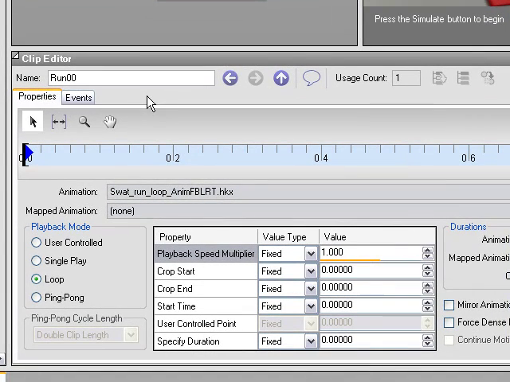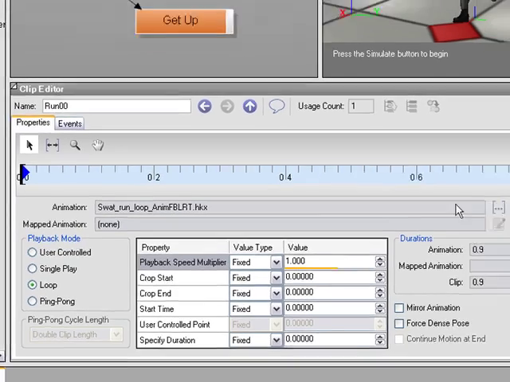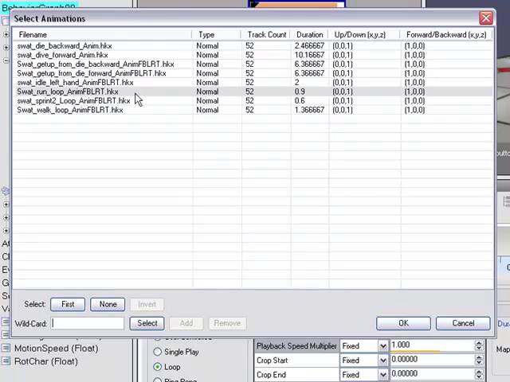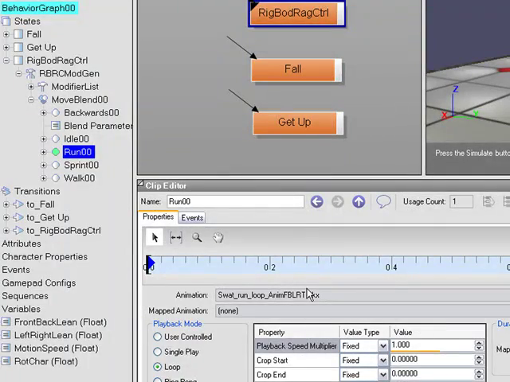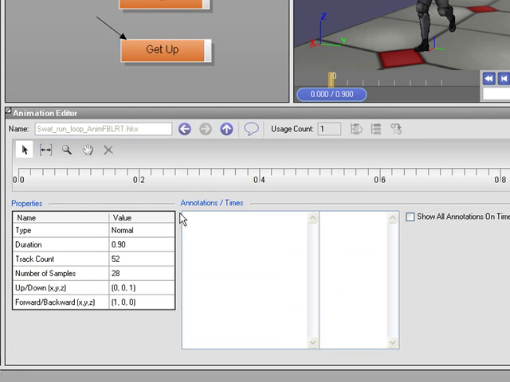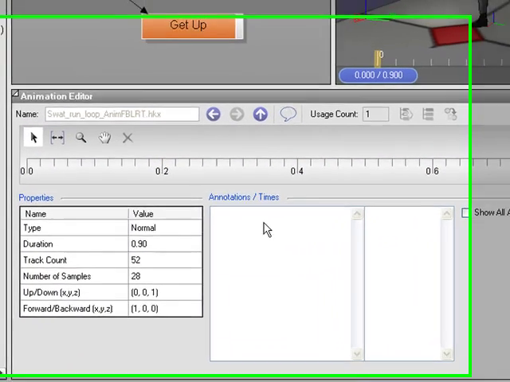back in the game. In this case, we have a run loop assigned, and we can change it by using this choose button here. It brings up a select animations dialog, and we could pick from any of the animations defined in the animations folder. And first, let's start by looking at this raw animation file. So I'm going to double click this field, and it takes me to the animation editor,